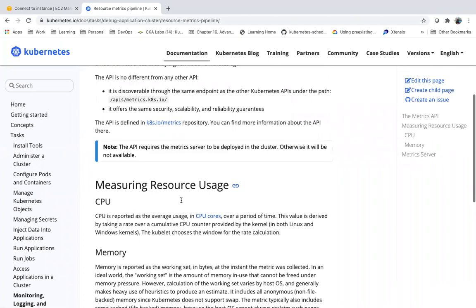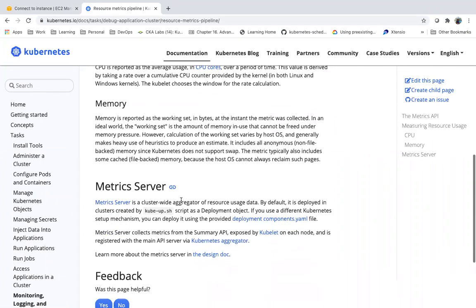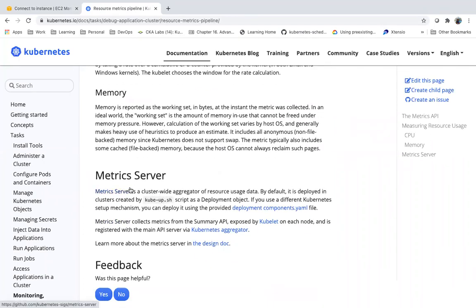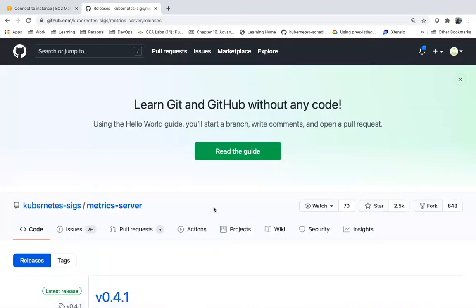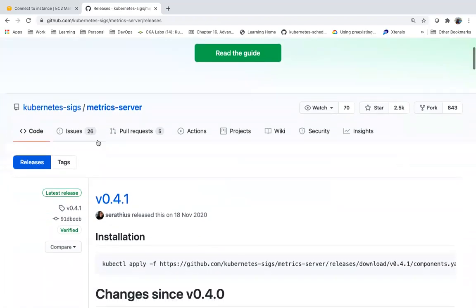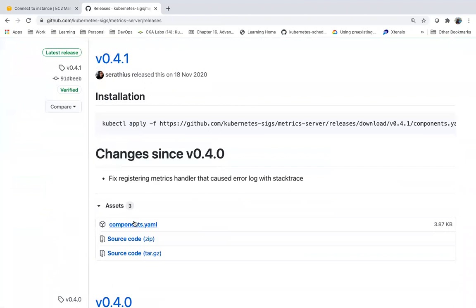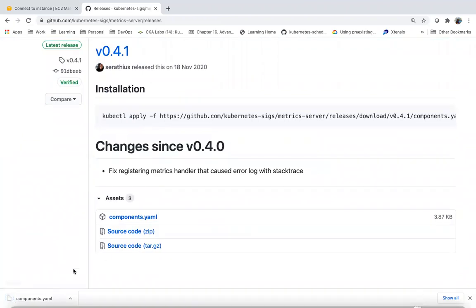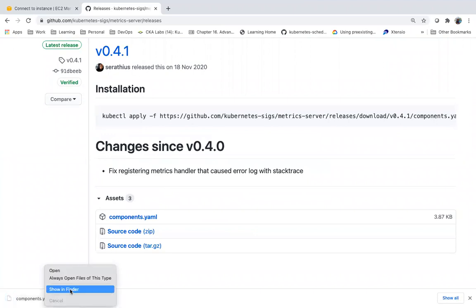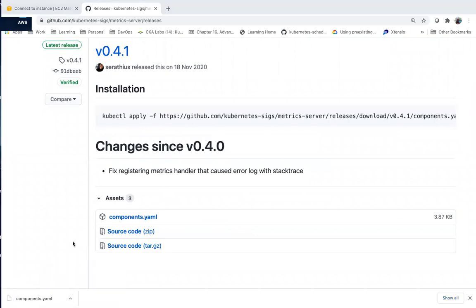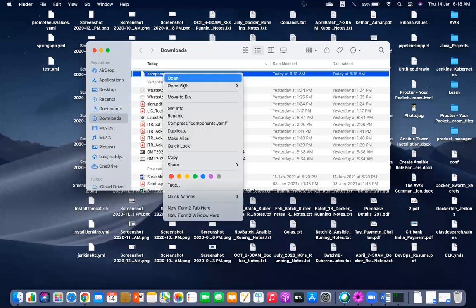So we can get the CPU and memory utilization of all those objects. We can deploy this metrics server using a manifest file. This is again one kind of deployment which we are going to deploy.